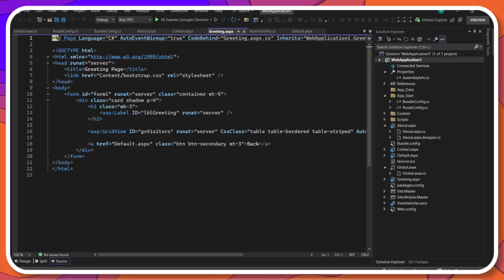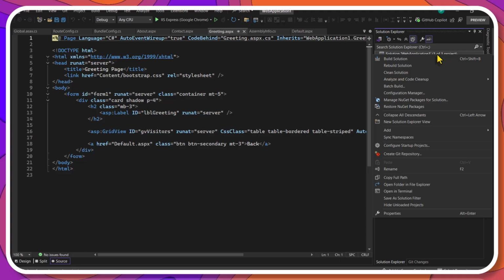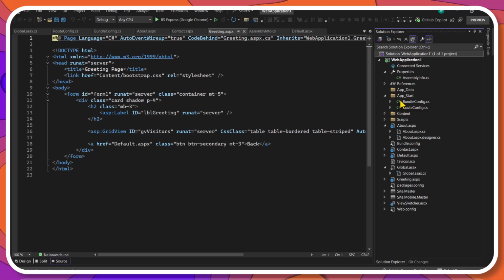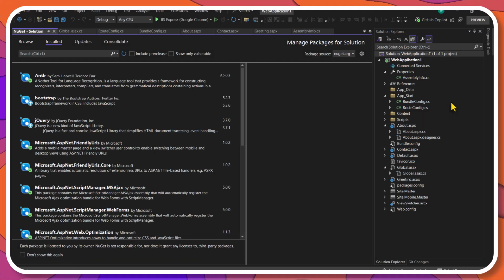After creation, we need to install the components to access the MySQL server. Go to Solution Explorer and manage NuGet packages. Search for mysql.data and double-click.